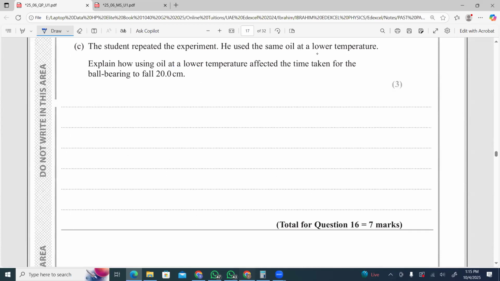Okay. See, the student repeated the experiment. He used the same oil at low temperature. Explain how using oil at low temperature affects the time taken for the ball bearing to fall 20 centimeter. So again, you need to say, when T increases,